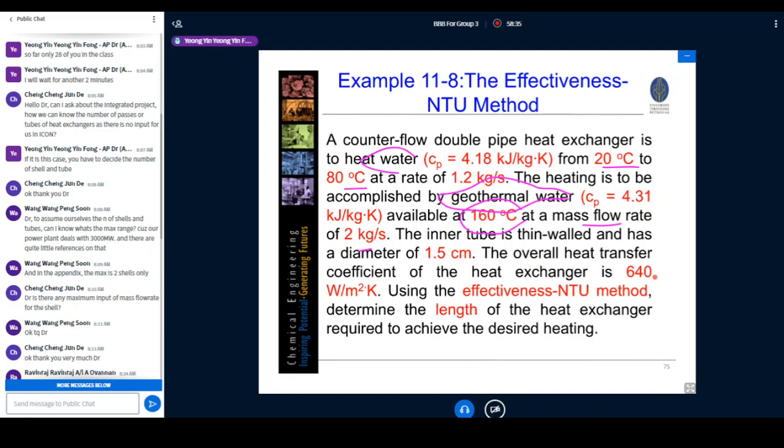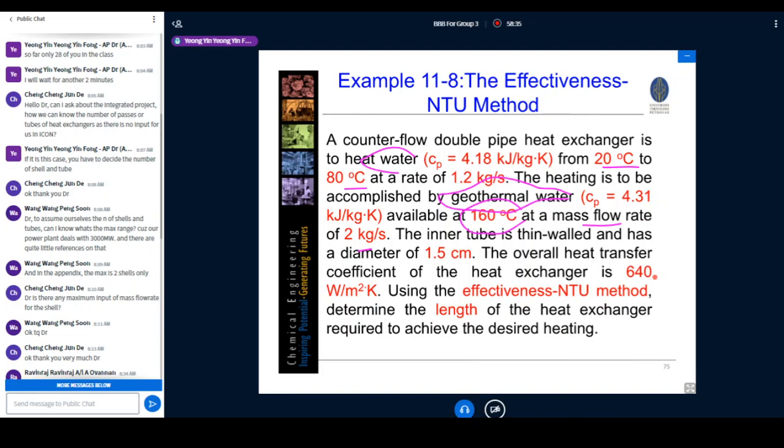Okay, the type of the fluid on the shell side or on the tube side is no worry, because for double pipe it doesn't involve any calculations on the flow, whether it goes into the shell or goes into the tubes. Okay, so you can put it the other way around also, no problem. TC in is equal to 20 degrees C, whereby this is water. Okay, and then the mass flow rate is given as 1.2 kilogram per second, and this is cold,